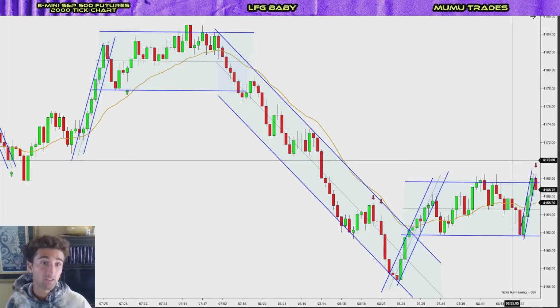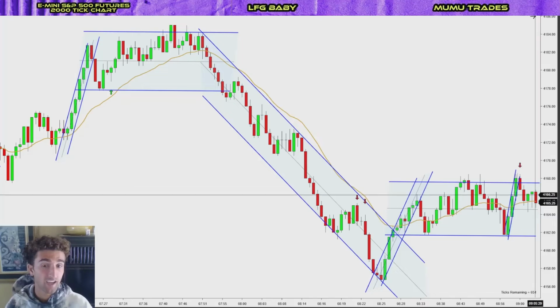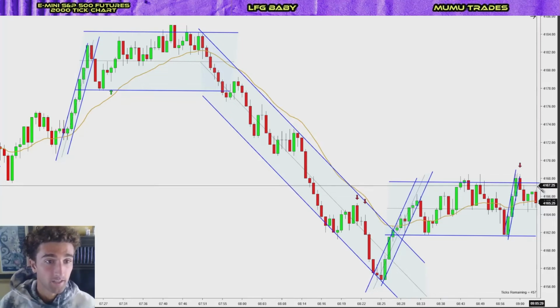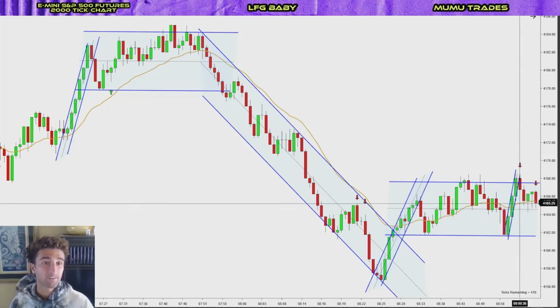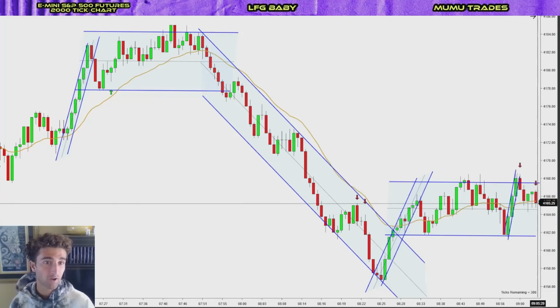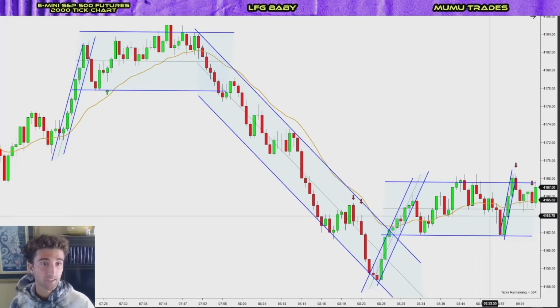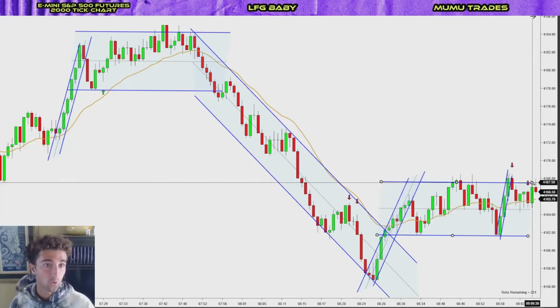I like to look for a lower high in these cases, which we have one right here. But these are getting really close to the midline at this point. There's a lot of congestion right here, so I probably would have skipped that trade as well. And actually, we didn't even break below it. But once we have another lower high